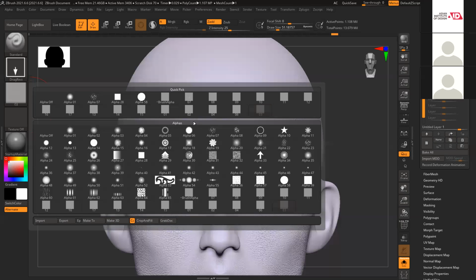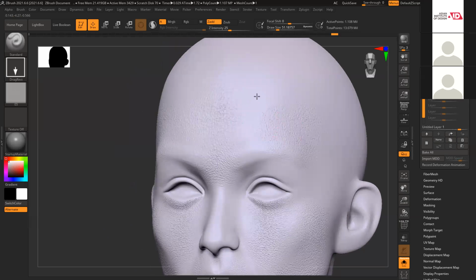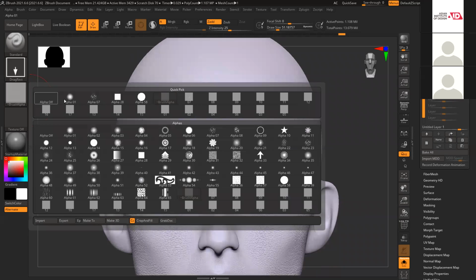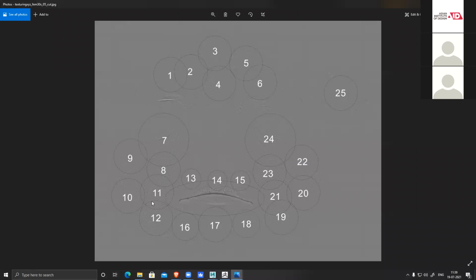And now number 5. So these alphas that are showing in the deck, why are we not using those? They are different now, you can see the numbers are different. Each and every alpha is for a different part of the body. These are all marked: 7 is for under eye, 9 and cheek 8, upper lips you have 13, 14, 15.